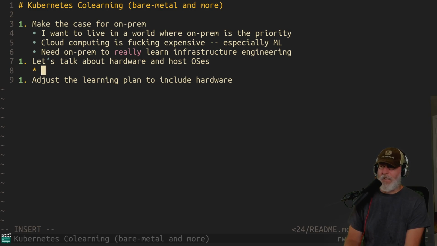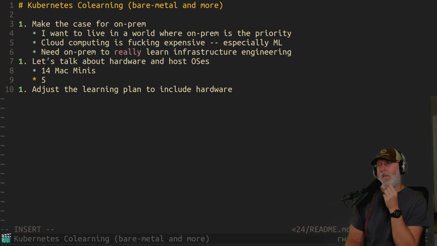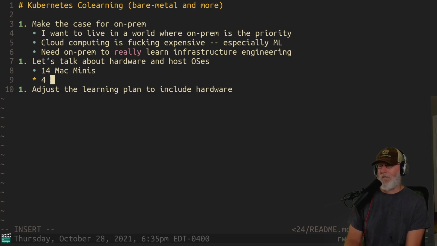So I think I have 14 Mac Minis. And you guys are going to laugh your ass off. But use what you have, right? I think I have 5. One of them's got our taxes on it, though, so probably should leave that one alone. Let's say 4. We got 4. Please no. What? We have to put it on Mac Mini. What are you talking about? These are leftovers from the school. So, you think the Mac Minis are bad? You know what? They run RancherOS no problem because these are the old ones.